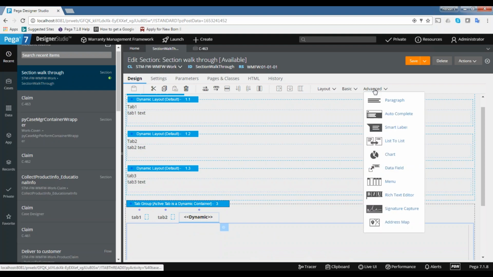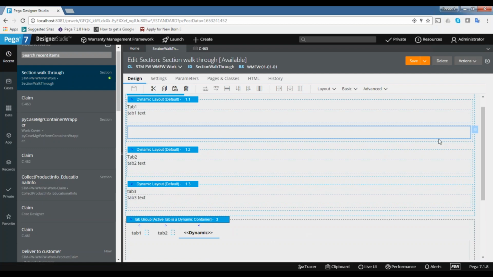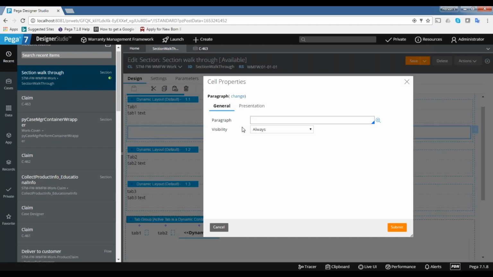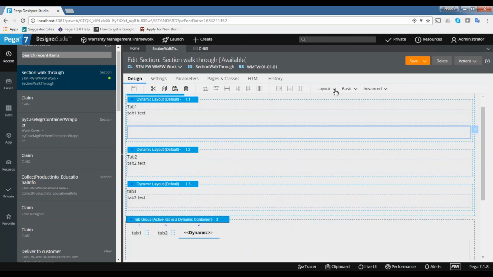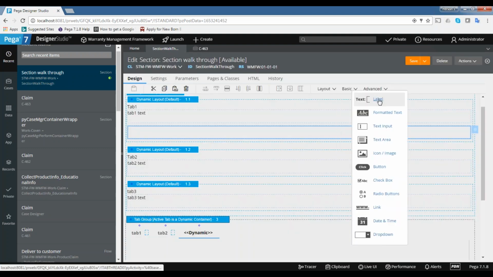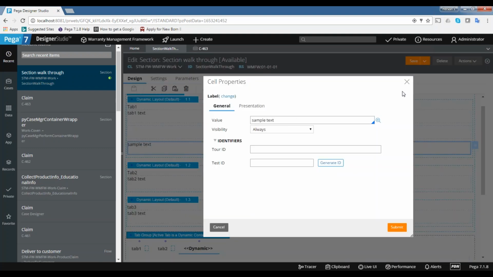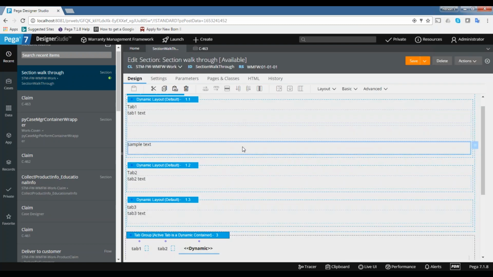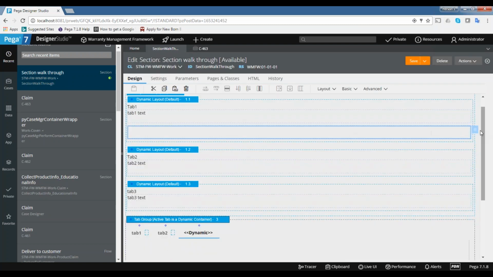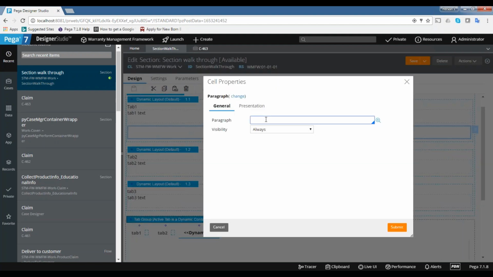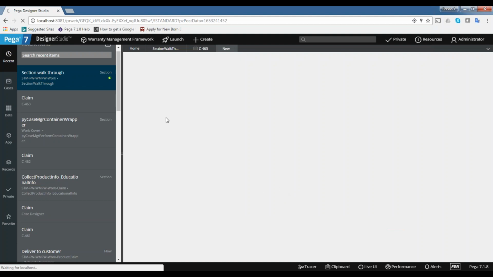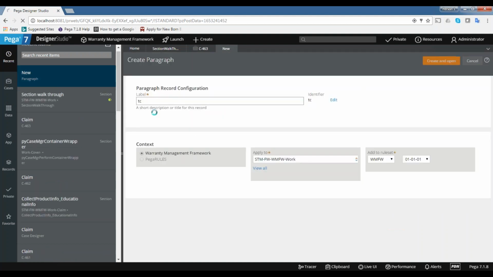And then if you see the advanced controls, paragraph is a generic terminology. If you want to write a big text, say you want to display terms and conditions, you can write terms and conditions. If that is a big text, it won't be good to add it as a label. Label you can also use, but it won't be that good for big text. So if you have a big text like terms and conditions, create a paragraph rule for terms and conditions and create the rule. There you can write any big text and you can embed that one.